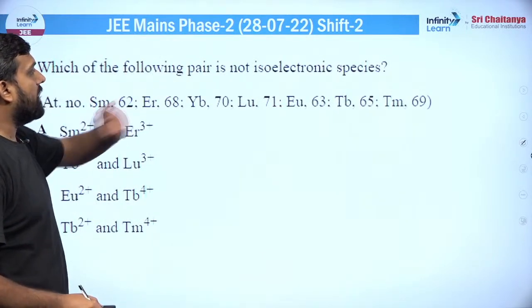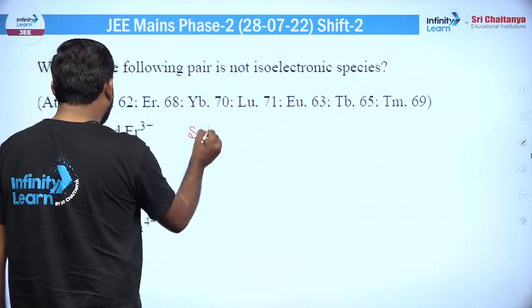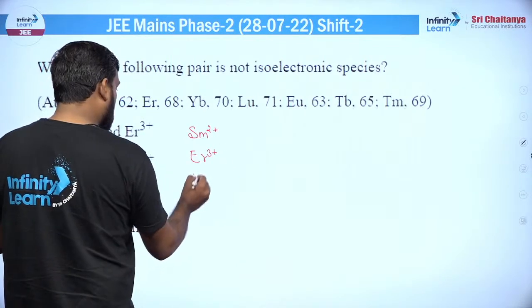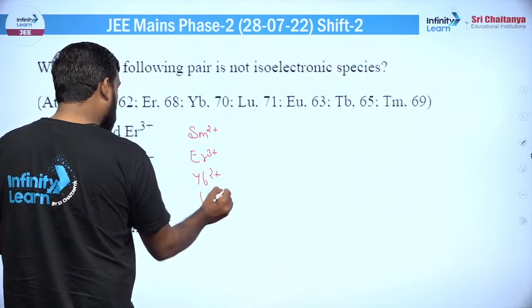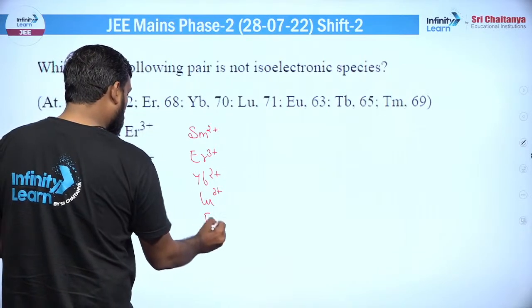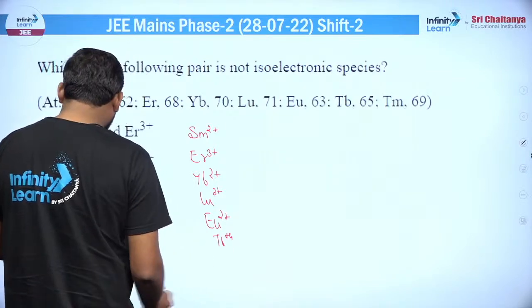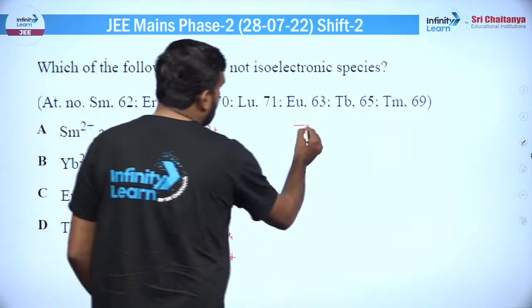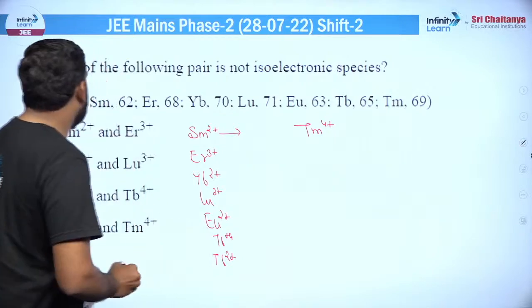चलिए मूव करते हैं नेक्स्ट क्वेश्चन पे। विच ऑफ द फॉलोइंग पेयर इज नॉट आइसोइलेक्ट्रॉनिक, ठीक है, तो चलो देखते हैं। तो यहाँ पर हमारे पास क्या है, Sm2+ है, फिर हमारे पास Er3+ है, फिर Yb2+ है, फिर Lu3+ है, फिर यूरोपियम 2+ है और Tb4+ है, ठीक है, और फिर यहाँ पर Tb2+ भी है, और लास्ट में Tm4+ है, ठीक है।